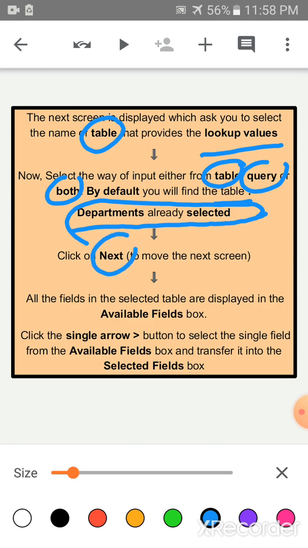Now after that click on next button to move to the next screen. All the fields in the selected table are displayed in the available field box. After that children, click on the single arrow if you want to select a single field from the available field box and transfer it to the selected field.